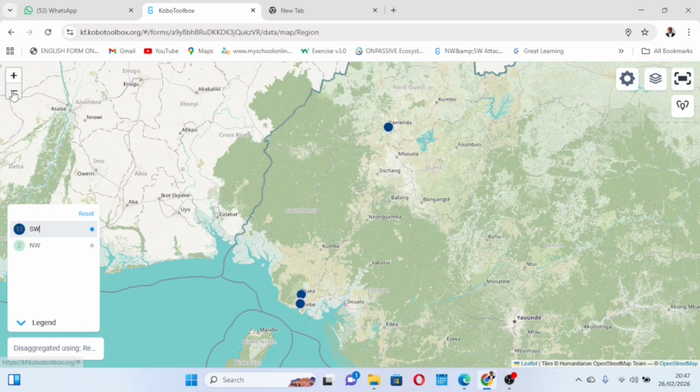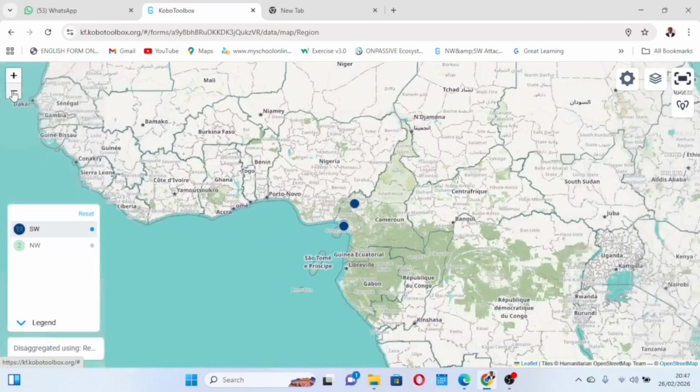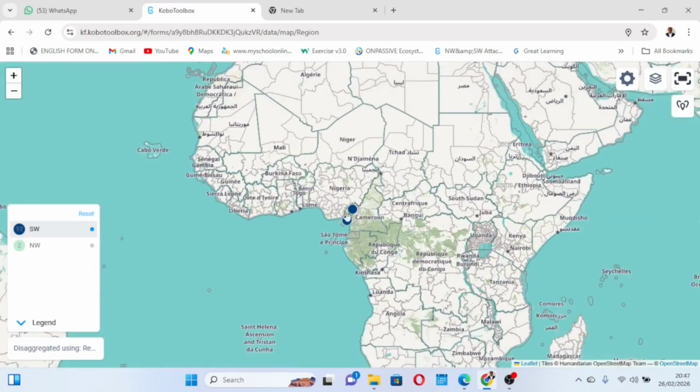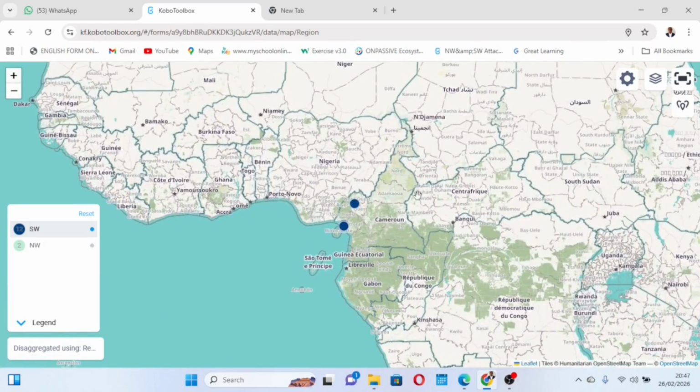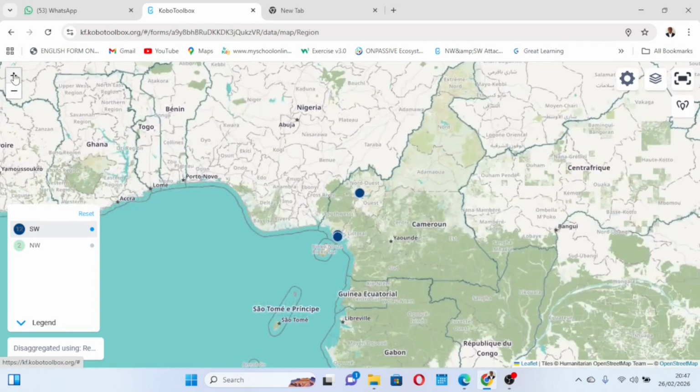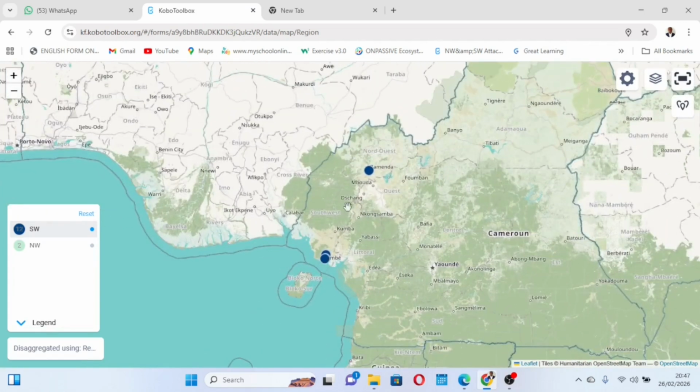So I can go here again and I reduce that so it goes in. So you can already see our Cameroon data showing you. So if this data was taken from Nigeria, you would also see the Nigerian map printed out really clearly. Another thing I want you to see here very clearly is that when you look at the Cameroon map, this area here is the northwest and southwest regions. So the marks are already showing you that this data was collected within these two regions. So I can tell whether data was collected in a location or not. Take note of this. Okay,